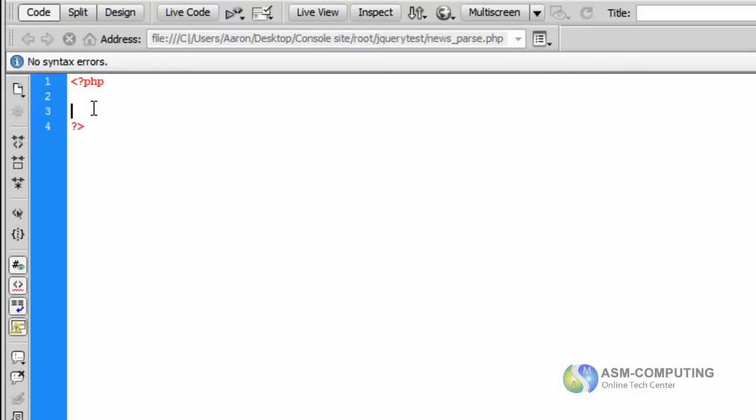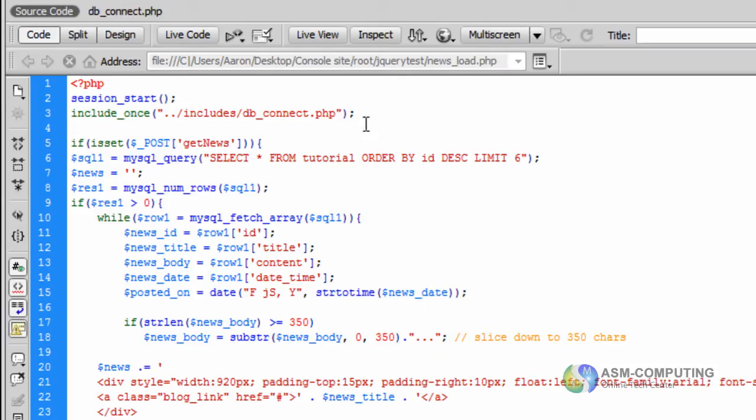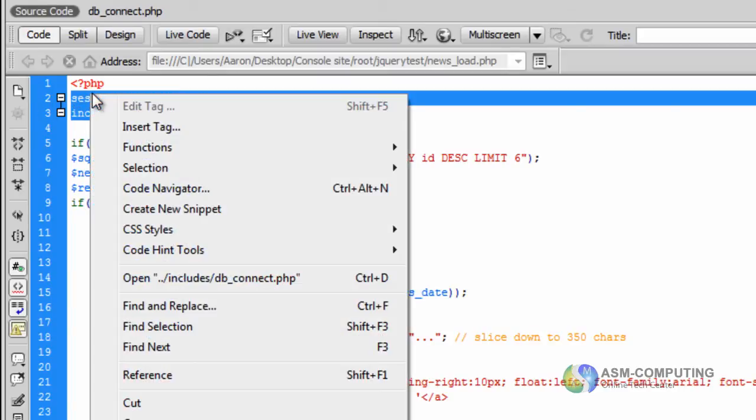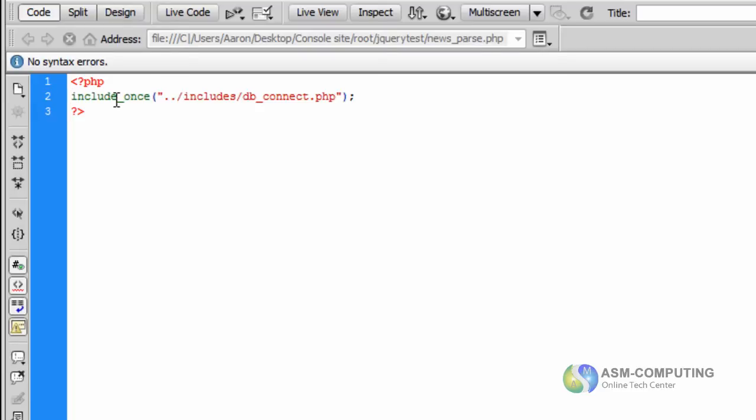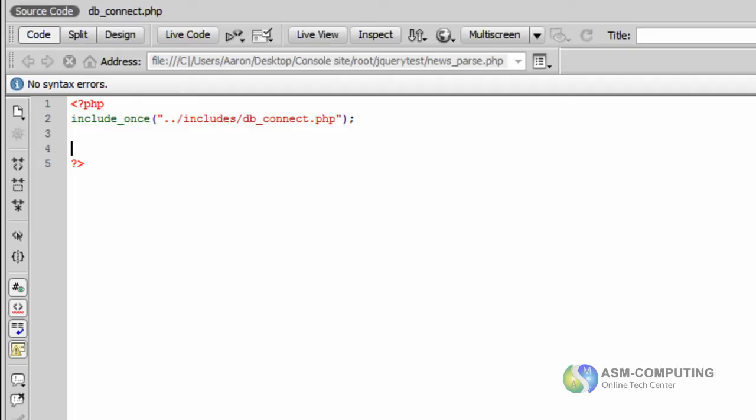If we save that, now we have another new file, and I'm just going to print in what we want. Let me grab a couple of bits here. We don't actually need our session start, so I'm just going to take the include and print that in there, and add the rest of the script that I've got.